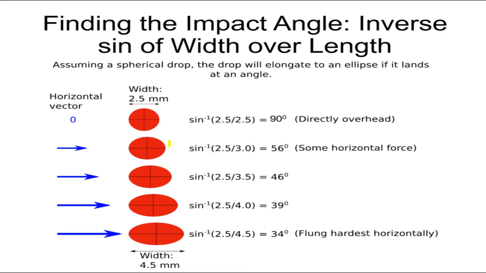In this case, we use the same arc sine, the same inverse sine, the same width divided by the length. Here, the length is 3.0. That's what I made it. So same width. The inverse sine of the width divided by the length gives you a number. The inverse sine of this number gives you an angle. That is 56 degrees. That means we can tell that this thing was not at 90 degrees, not directly overhead, but at 56